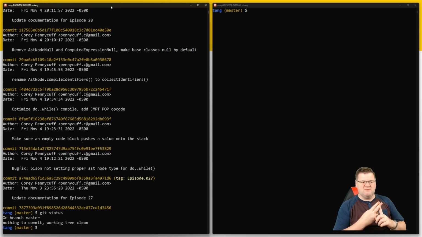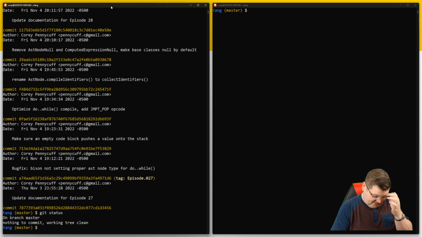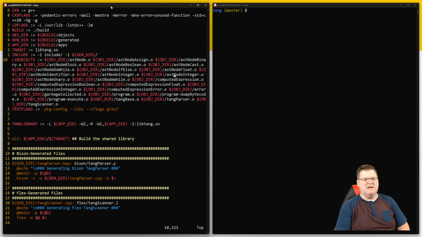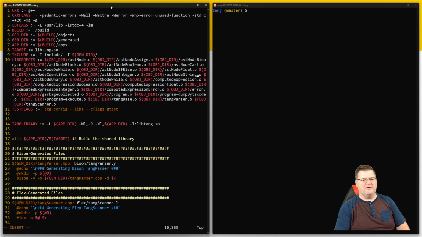So it's basically we're adding two things to the makefile. And do I even want to do that yet? Yes, we will. We will start with the makefile. There's not a good or a bad place to start. It's going to require this. So where is this going to go? After the AST node integer? Sure, we'll put it there. And it will be AST node string. All right, and that's going to define a string literal. And then we also need a computed expression